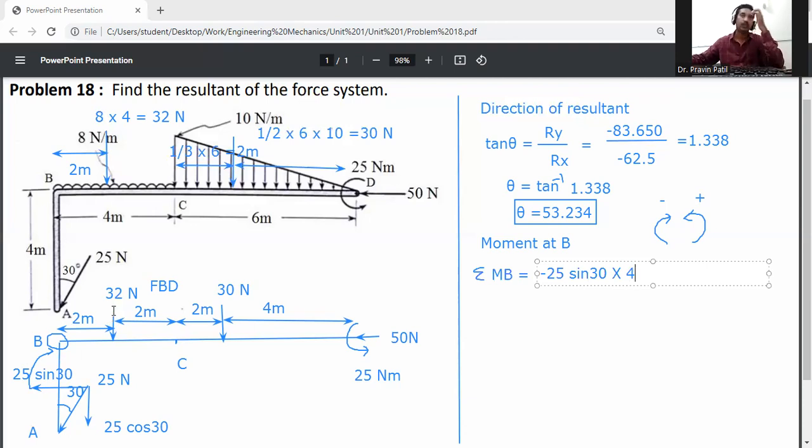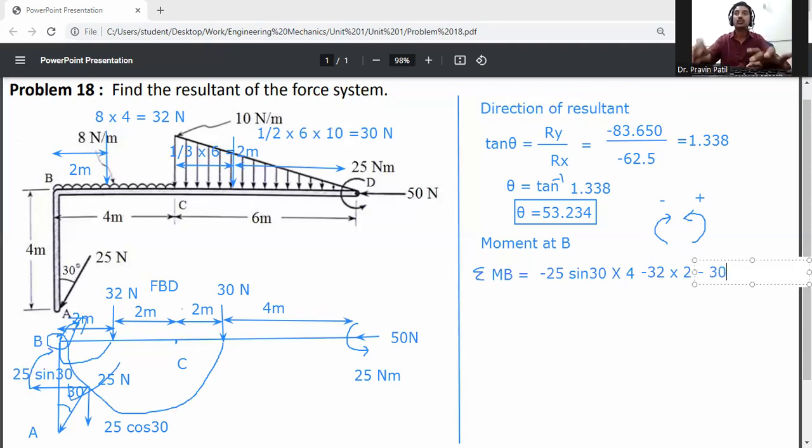Then the third one is 32 Newton. It is rotating in the clockwise direction, and since we consider clockwise as negative, it will be minus 32, with a perpendicular distance of 2 meter. The next one is 30 Newton. It is also rotating in the clockwise direction, so minus